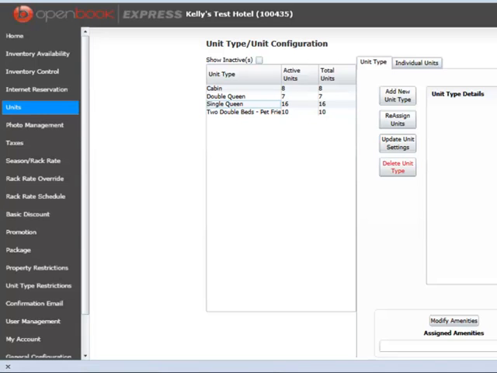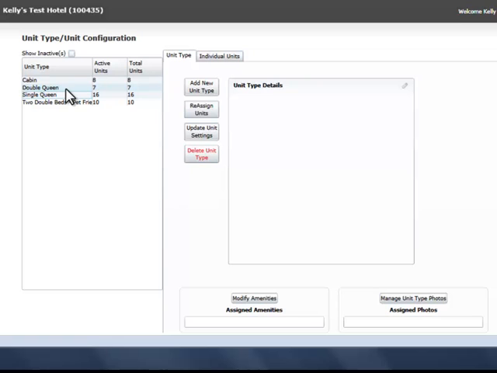We're going to start today by talking about the units page, which is located right here in OpenBook Express. The units page is where you want to go to add or edit unit types. Most of your unit types should already be set up by OpenBook when you get your software, but you may need to come in here at a future date to edit them or to add new rooms that you're adding